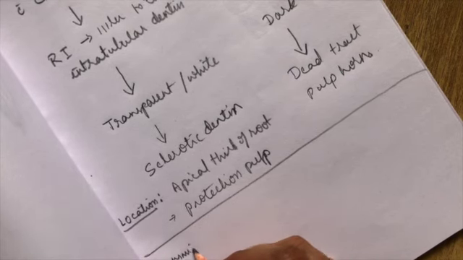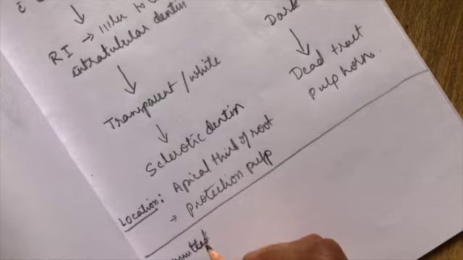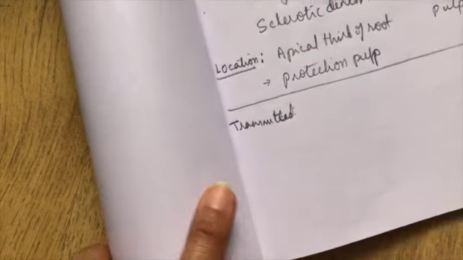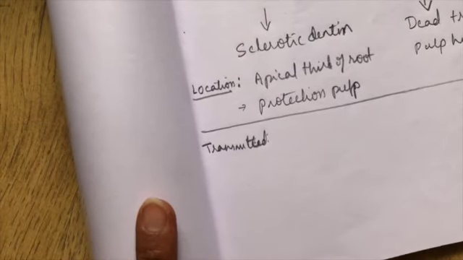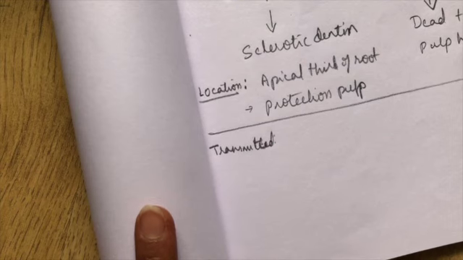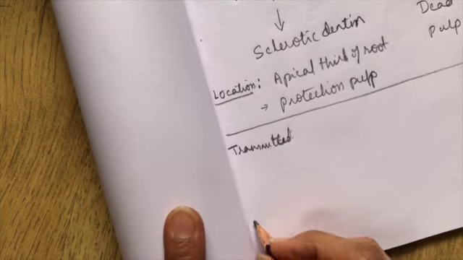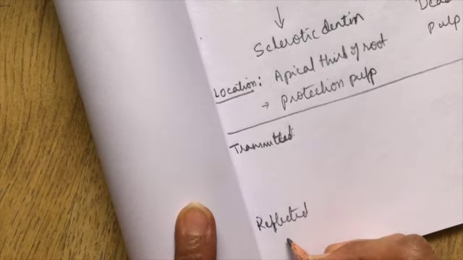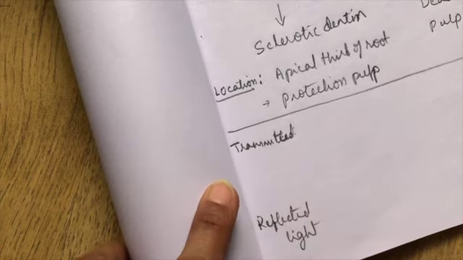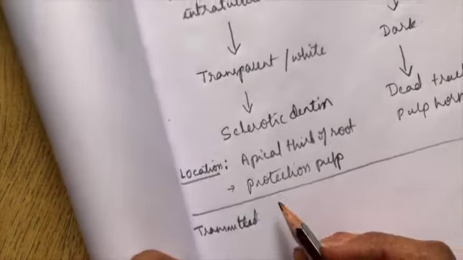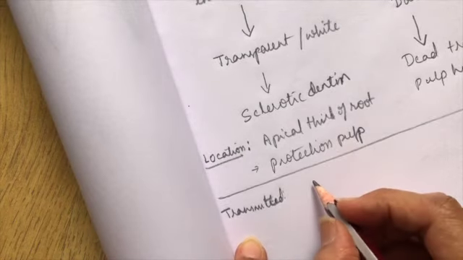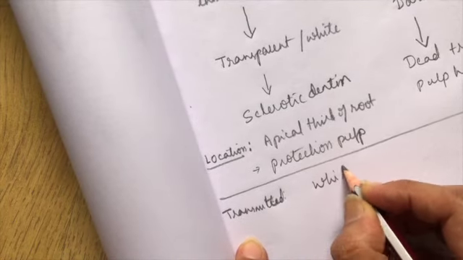We can have light coming from below, that is called transmitted light microscopy, and the other way is we can have light coming from above the object, that is, the object gets the light from above, so that is called reflected light microscopy. So when we are talking about transmitted light, the sclerotic dentin will appear transparent or white,